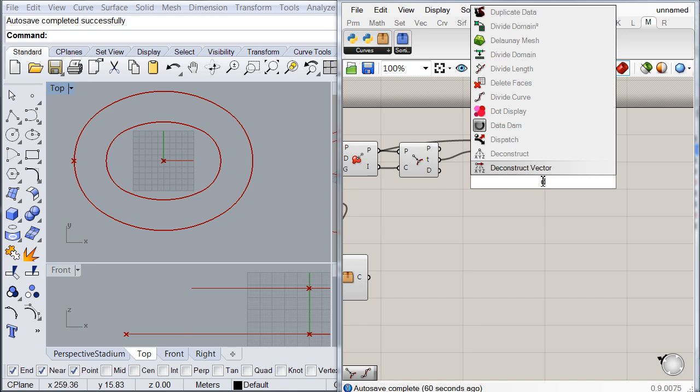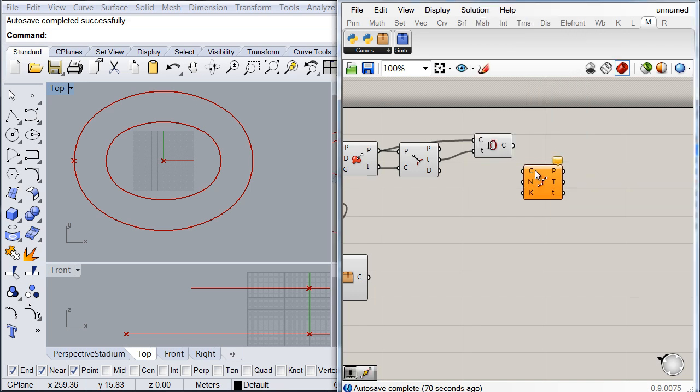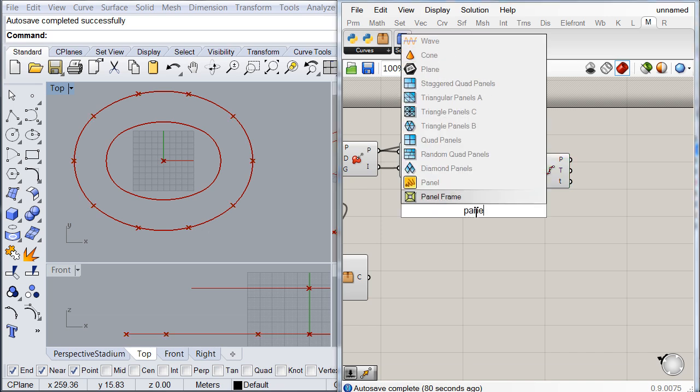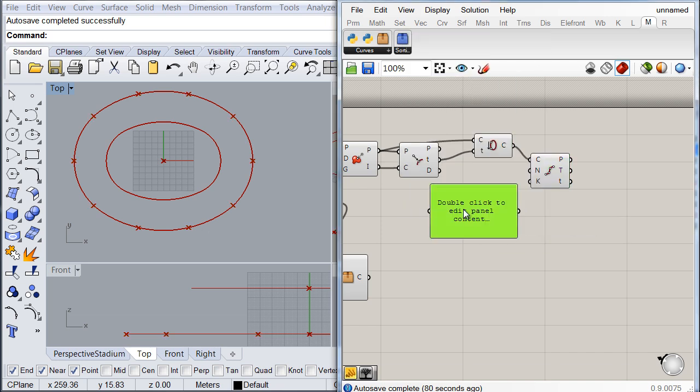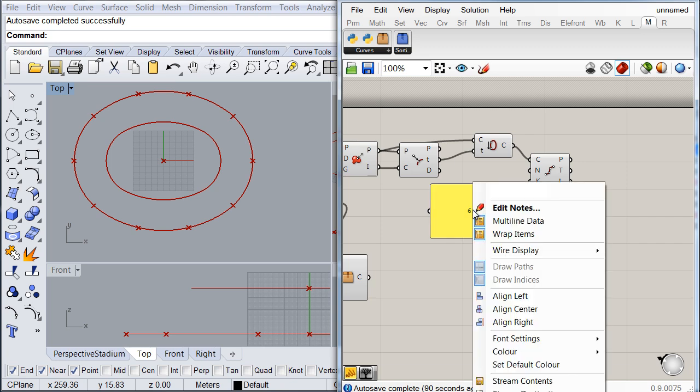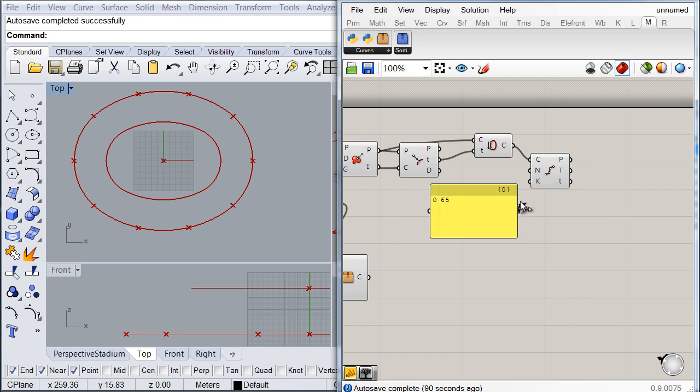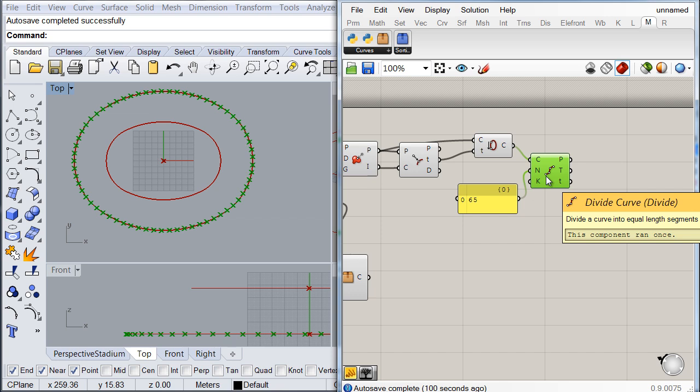So to do this, I'm going to call a divide component. And I'm going to plug it to my newly created oval over here. And then here for my number of division segments, I can simply call a panel and put a static value, as I know I won't change this value. So here I'm going to type 65 and make sure that I have the multi-line data option selected. So that's it. Now we have located these points which we are going to use to start pulling up our